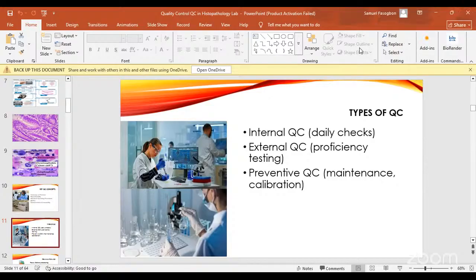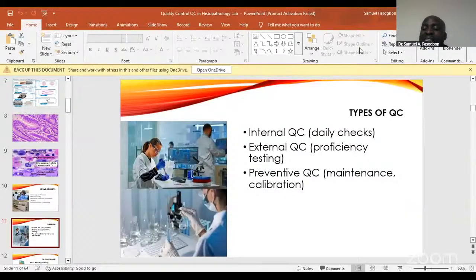One of the major reasons is that it will save you from staining a lot of slides at the same time, and at the end of the day you discover that all the slides didn't stain very well. This is why people don't usually do all these things in Nigeria most of the time. They think we are not doing much of histo, so let them just do it anyhow. No, it's not supposed to be. So those are part of the internal QC, part of the daily check that we do